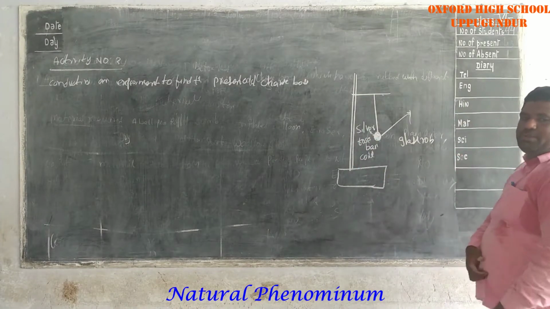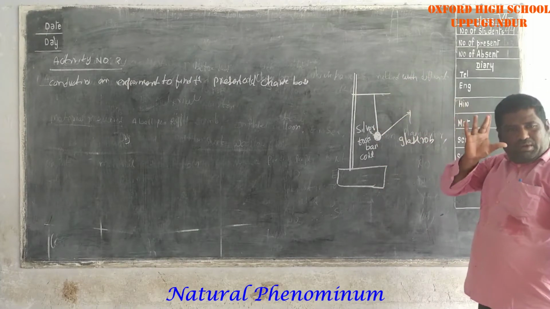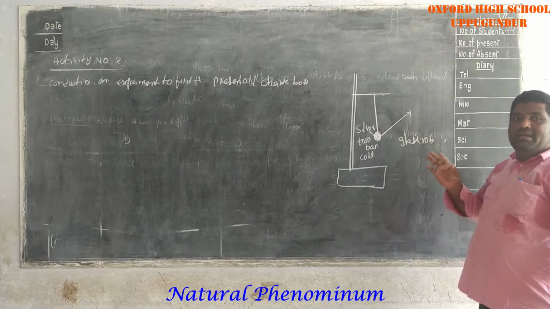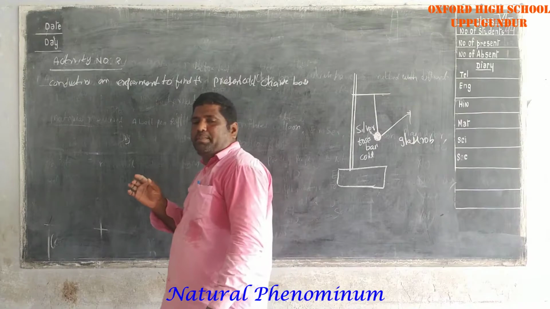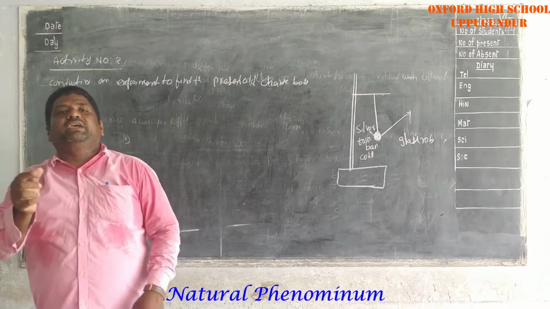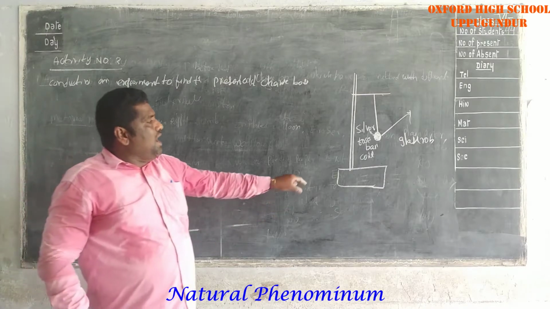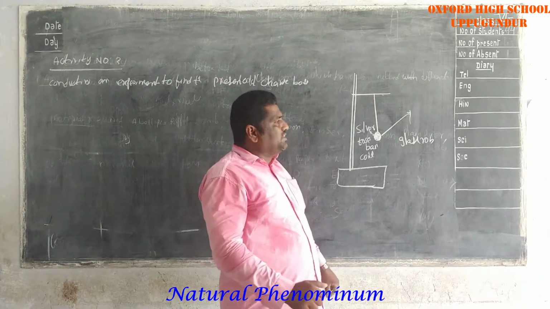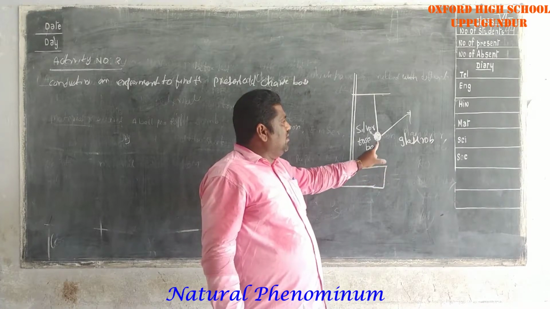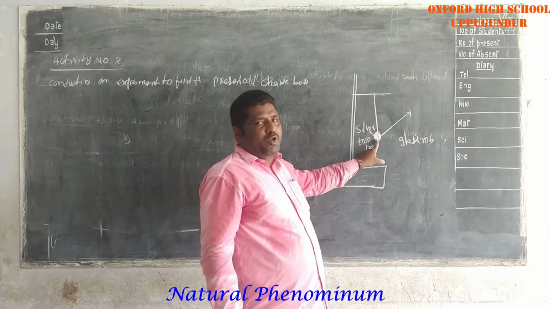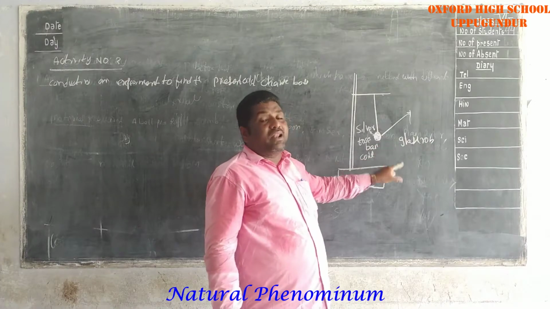Okay? So first of all, I will take one stand, one thread and one thermocol ball, and I will take chocolate wrapper paper, that is silver foil wrappers. These wrappers are used for making chocolate covers. First of all, I will take the glass rod. This glass rod is rubbed with the silver foil thermocol ball. So immediately the thermocol ball is attracted to the glass rod.